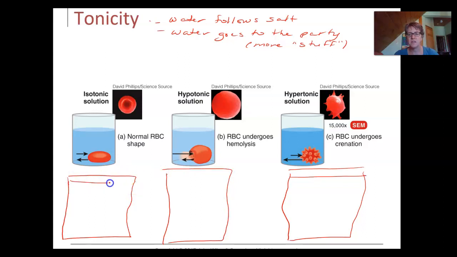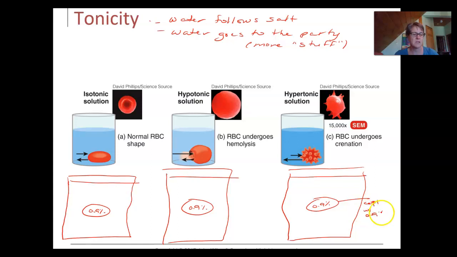All of these are like the beakers that are drawn ahead. And my little circle is my cell. My cell always has 0.9% stuff in it. That's what cells are. They're 0.9%. So far you're with me. This circle, again, was a cell. I'm not going to label it on all of them, but that's what it is. A cell with 0.9% of stuff. That's the concentration of a cell, 0.9%.